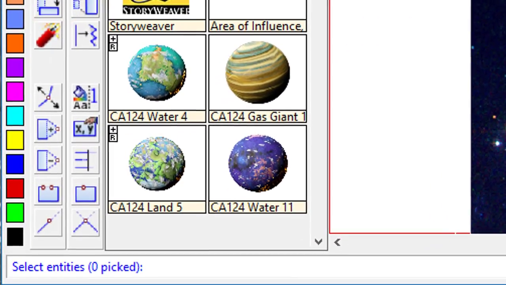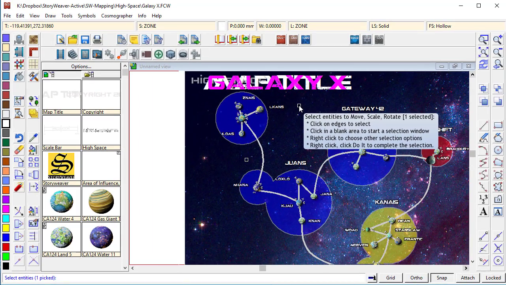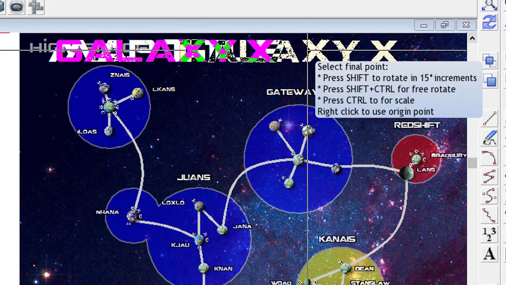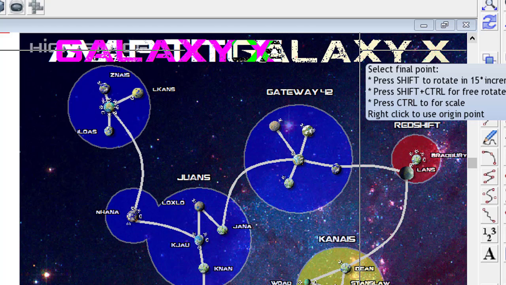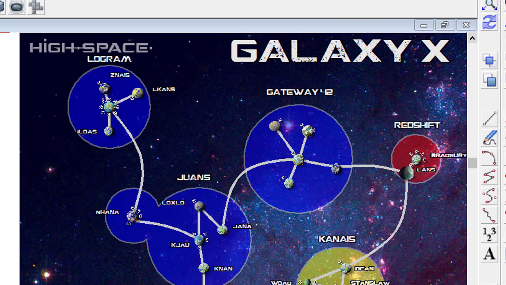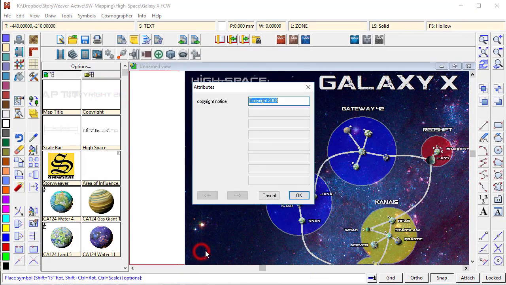So I'm going to click Move. I'm going to push the P button to select the previous one, the previous element that we've just added. Click on Do It, and I'm going to move him over here. Galaxy X, and let's click Refresh. There we go. We'll also add in our copyright notice, and we'll put that down the bottom here. Copyright, not 2008, 2007, and StoryWeaver